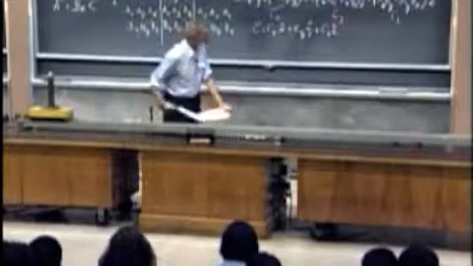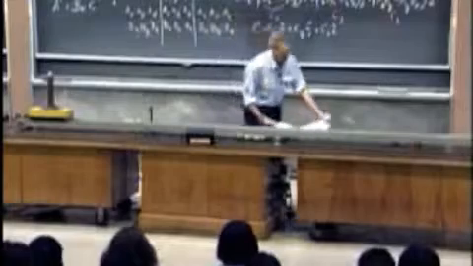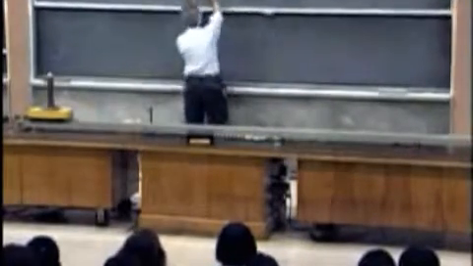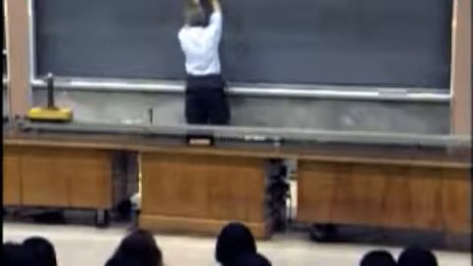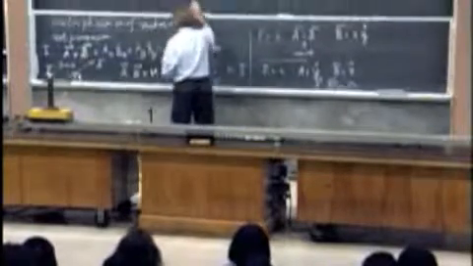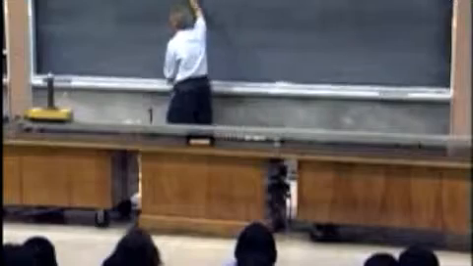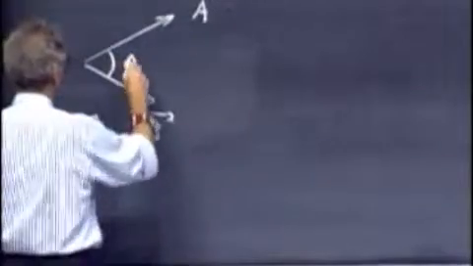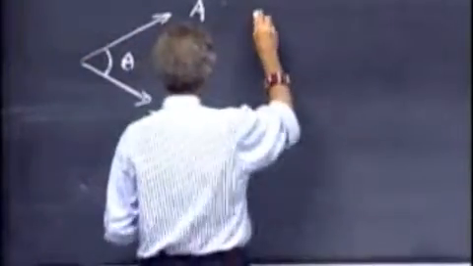And method number 2 is, again, as we had with the dot product, a geometrical method. Let me try to work on this board in between. If you know vector A, and you know vector B, and you know that the angle is theta, then the cross product C